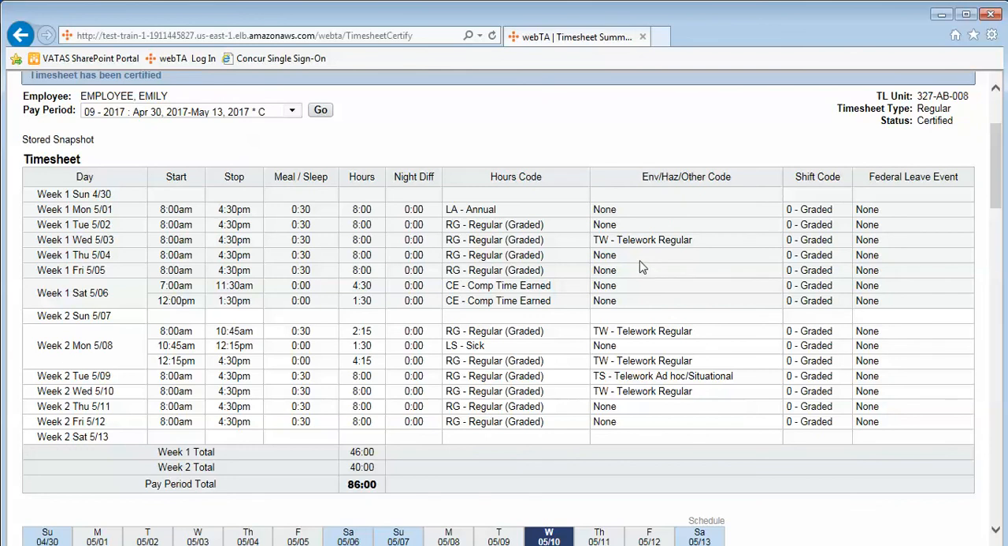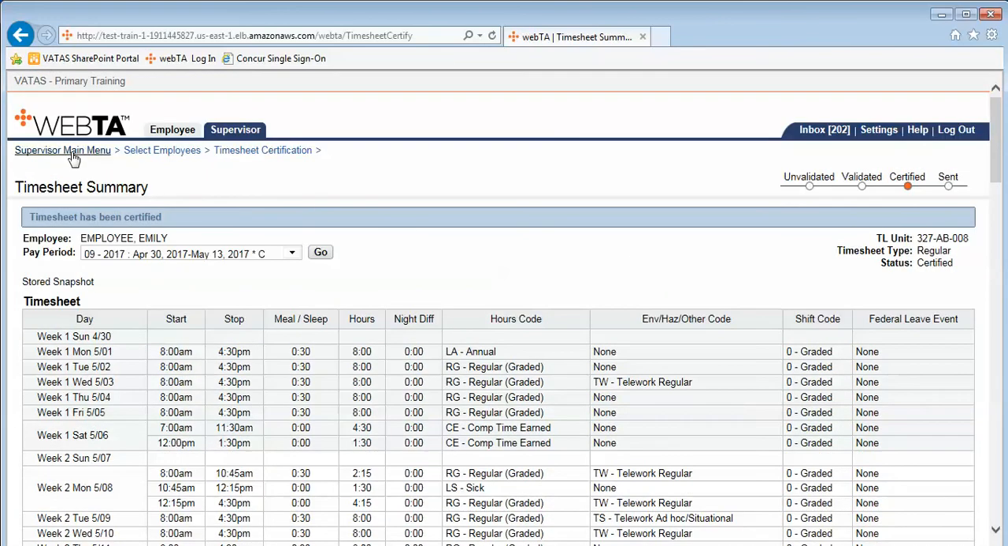This has become a highly auditable item within the VA, and it is imperative that telework is indicated on employees' timesheets. We're going to go back to our supervisor main menu,